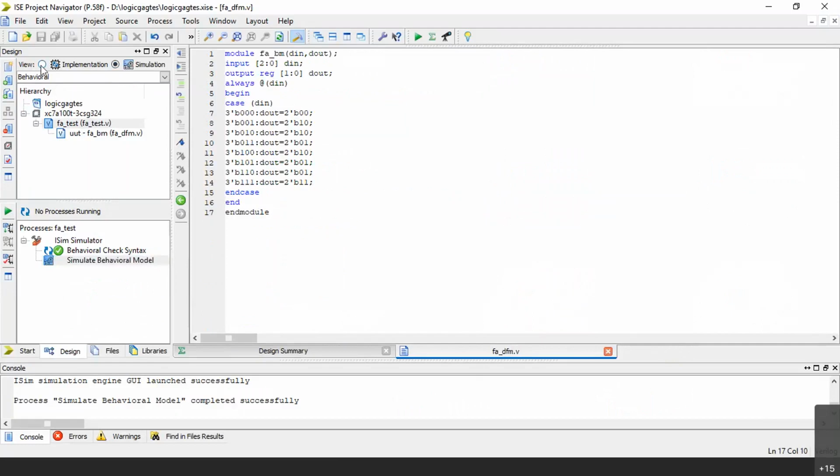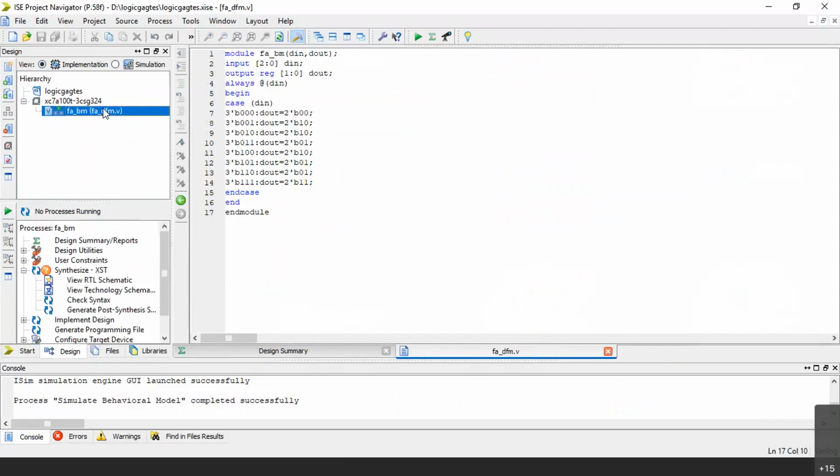Now let me come to implementation, where you can see this data flow model. Let me do one thing. Let me go through the sequence only. That means let me first copy the data flow model's Verilog code, and let us see hardware-wise what difference it makes.